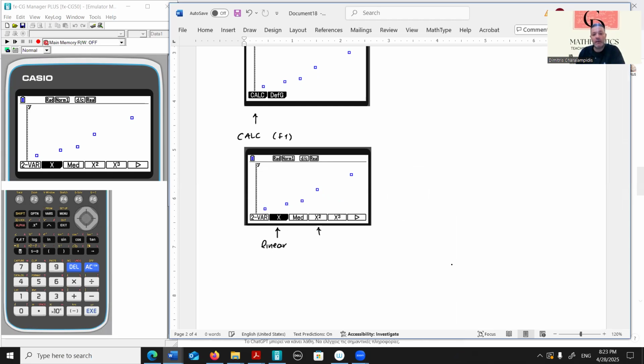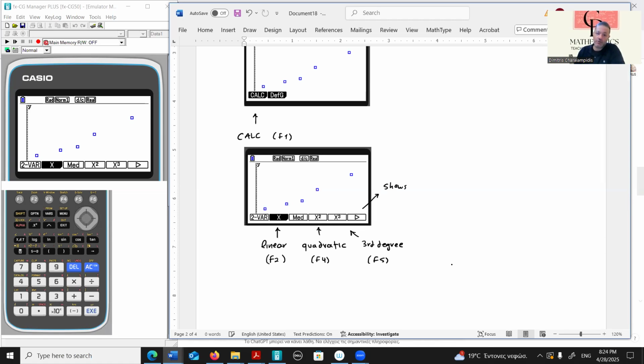If we click on X squared, this stands for a quadratic regression model. The linear would have been by F2, the quadratic would have been by F4. If we click on X cubed, it's going to be a third degree regression model by F5. If we click on F6,